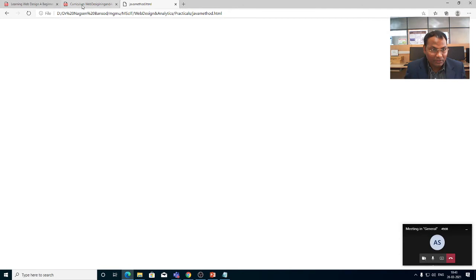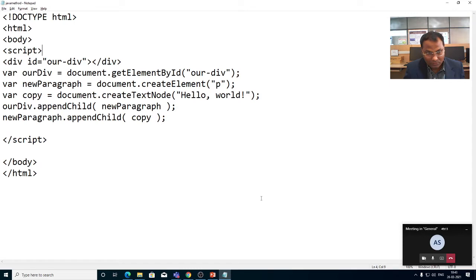Nothing appeared here. Paragraph P. P is not yet given here, so we have to give the P. The paragraph element is not given by us.